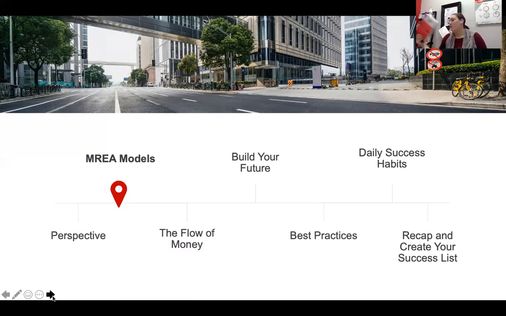All of the Ignite, all of the Bold, most of the training that we take in the Market Center is based on the financial foundations and models from the MREA. And so you'll hear a lot about it, but I highly recommend it, it's a valuable read. Some of the lead generation tactics and things need to be updated a little bit, but it's very valuable. If you start applying the principles and the foundations to your business now, you'll be built on a solid foundation.